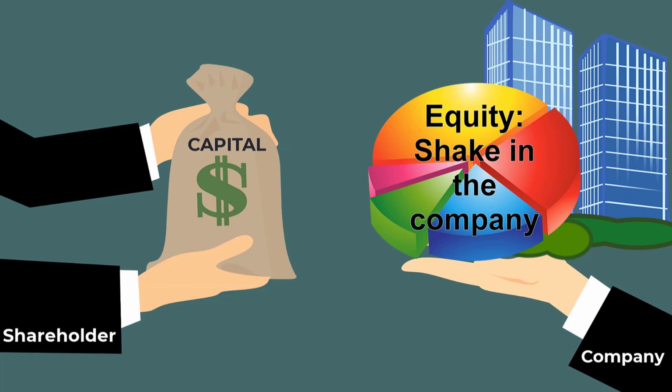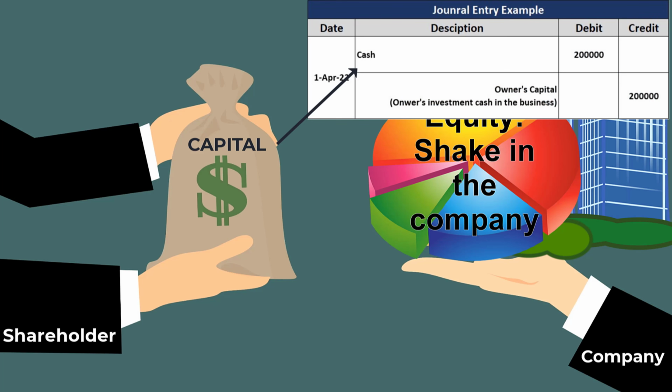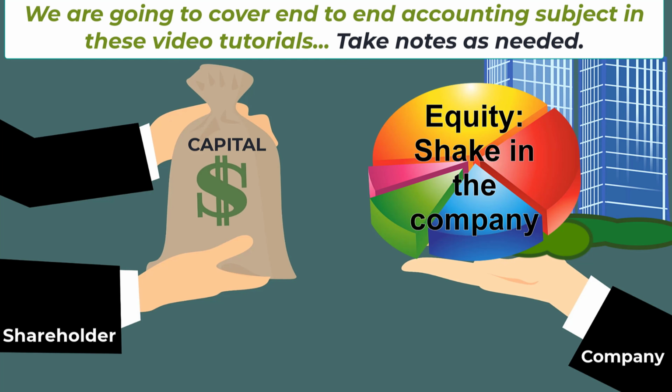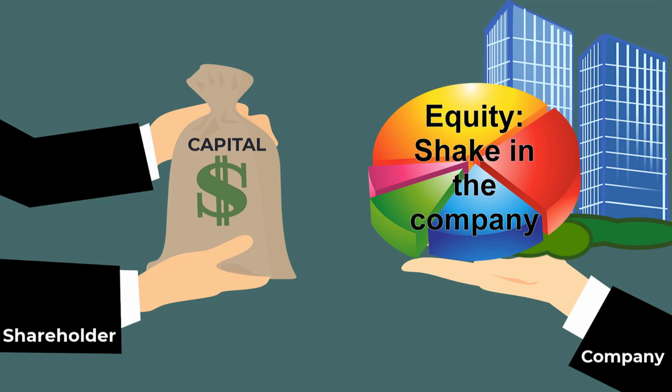Okay. So if anybody is investing money in a company in the form of capital, then an entry is written into the book saying that there is an equity of X amount for so and so shareholder. And the cash is recorded in the books as an asset. I will explain how the entries are done and it will be clear when I talk about the double entry system under the accounting process in the video itself. So stay tuned. Okay. This is very important. I just want to clear the distinctions.